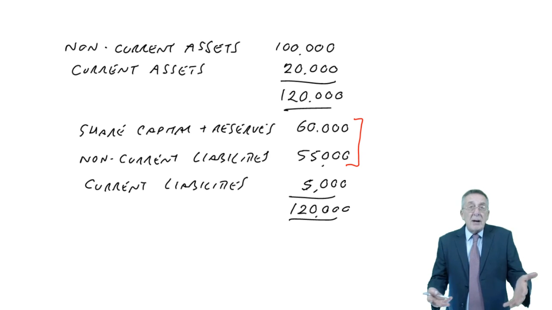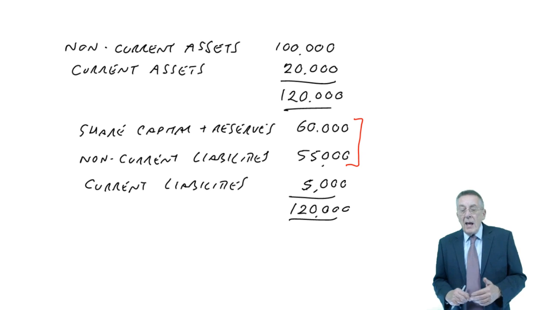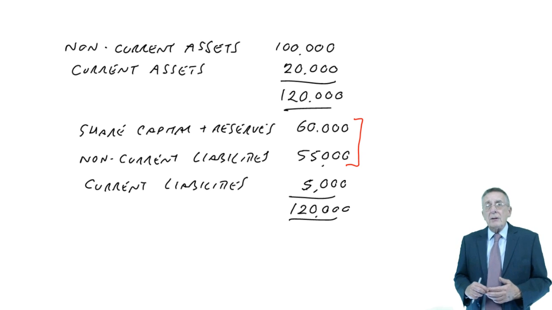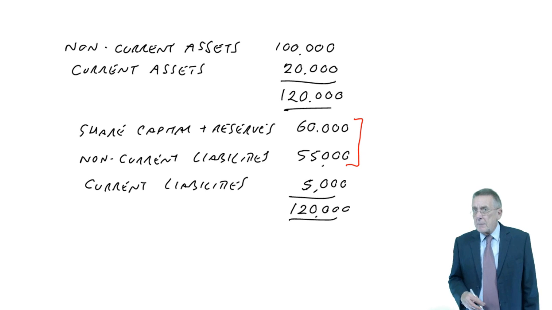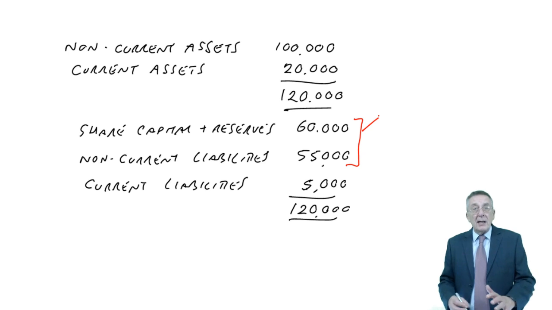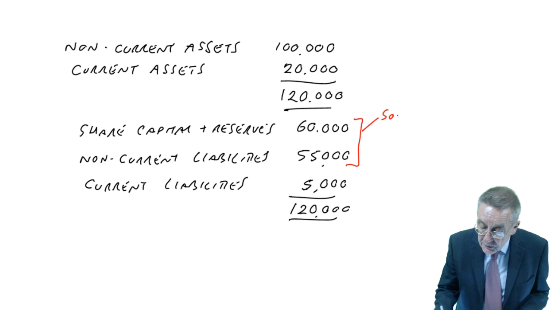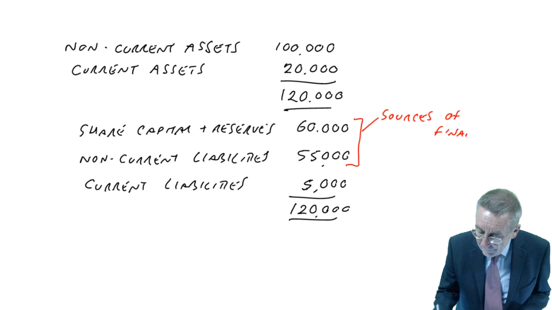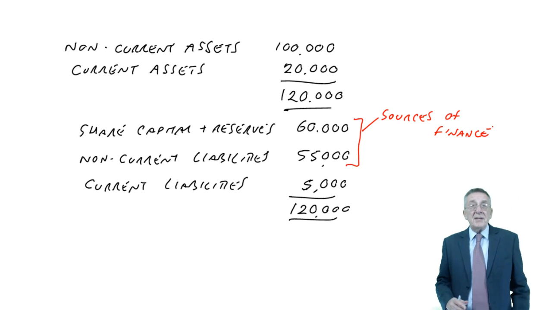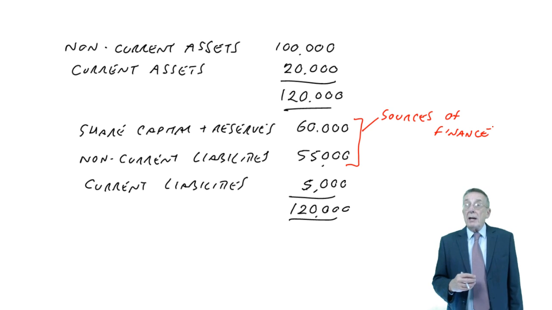And for each of them, there are different ways you can go about raising money from shareholders. And equally, long-term borrowings. There are several different ways in which you can go about borrowing money. So that's one of the financial manager's jobs, to decide how they are going to raise that 115,000. We call it sources of finance. And that bit of the syllabus, in fact, doesn't involve calculations, really. It's much more discussion. But you are expected to be aware of the different ways they can raise